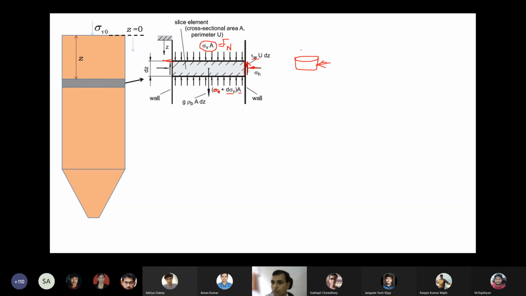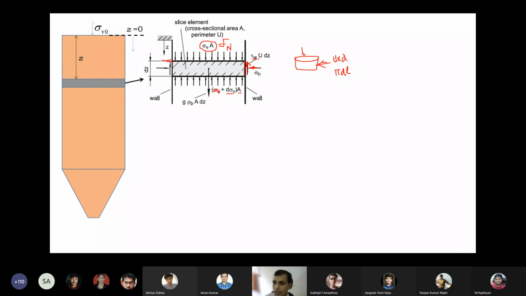For the normal stress, we take the cross-sectional area, that is pi by 4 d square. For shear stress, we take this area, that is u into dz, that is pi d dz,